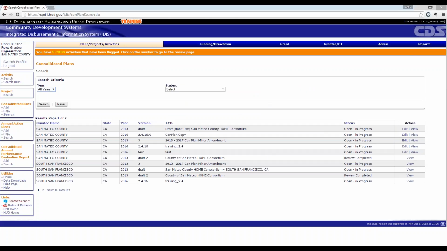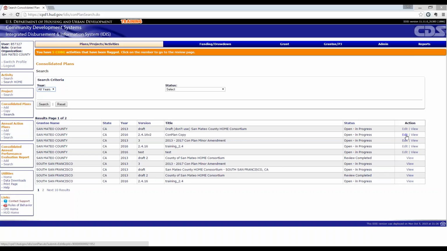So they should automatically have that access, and how that association is created is by making sure that when you're setting up your consolidated plan, they are included as one of the participating grantees, and automatically those participating grantees will be able to have access to your plan. Now, I'm not sure, you may also have members that do not receive CDBG or other entitlement programs from HUD, but you would still like them to contribute to the development of your consolidated plan. You have a couple of different options.